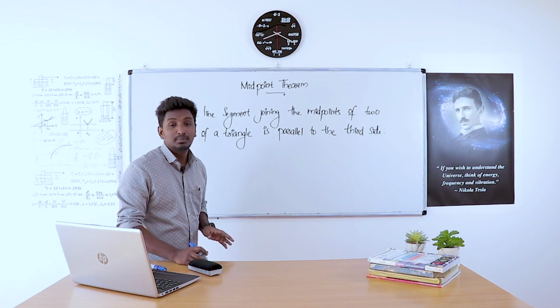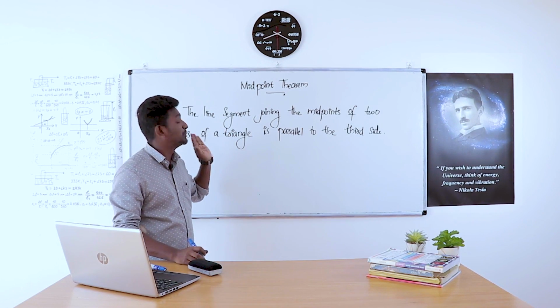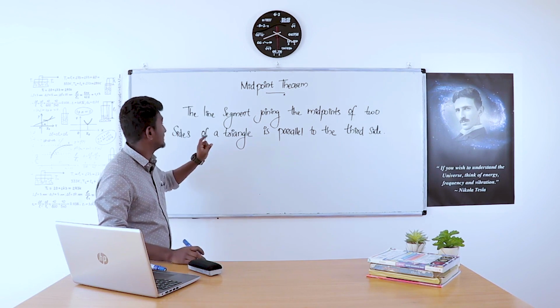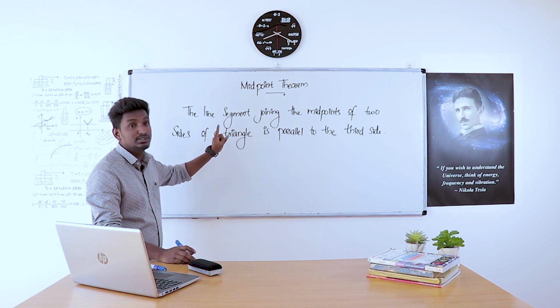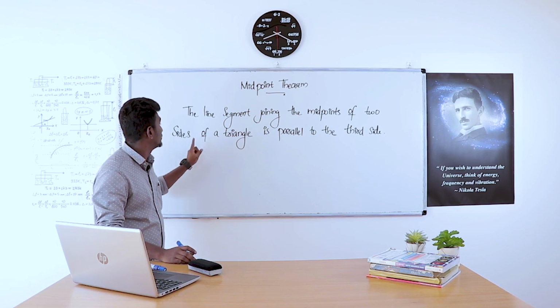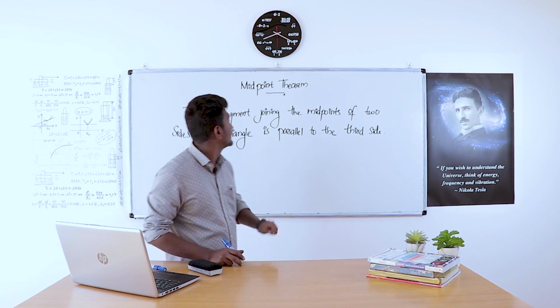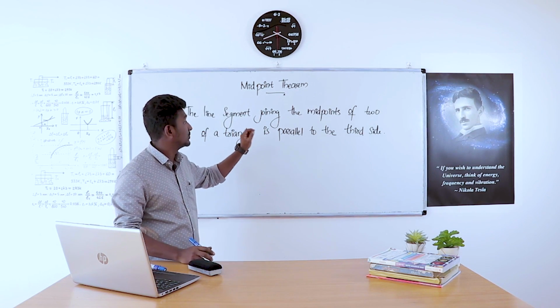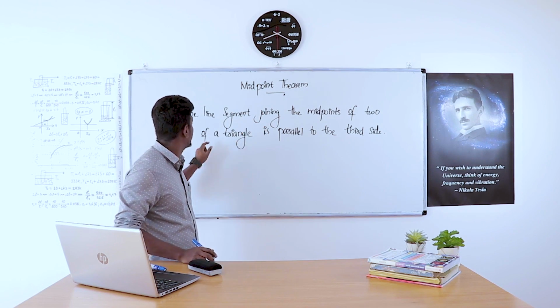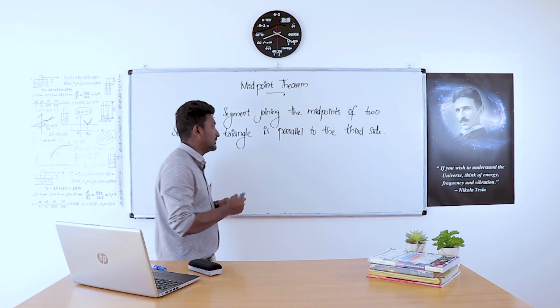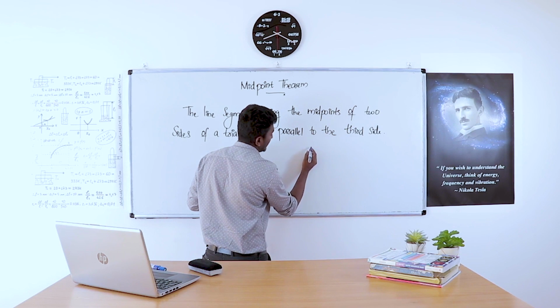Okay, clear? Now moving to the last theoretical portion of this chapter, that is the midpoint theorem. What do you mean by the midpoint theorem? The midpoint theorem states that the line segment joining the midpoints of two sides of a triangle is parallel to the third side. That simply means when we are considering a triangle,